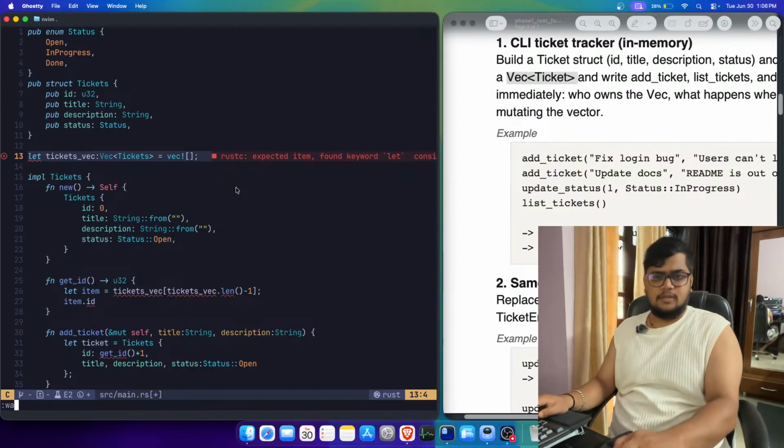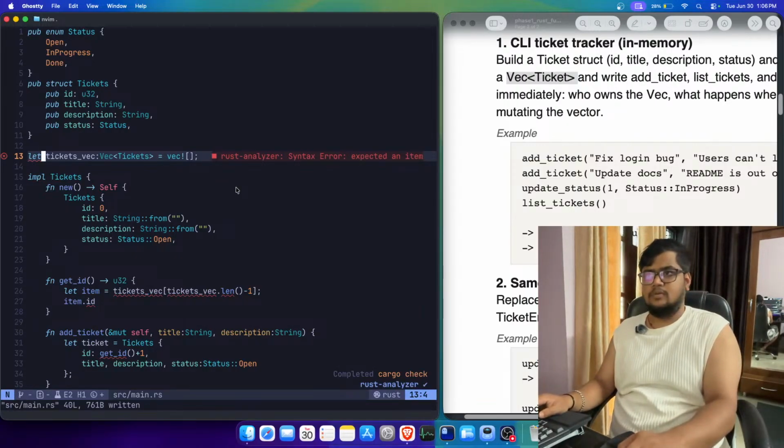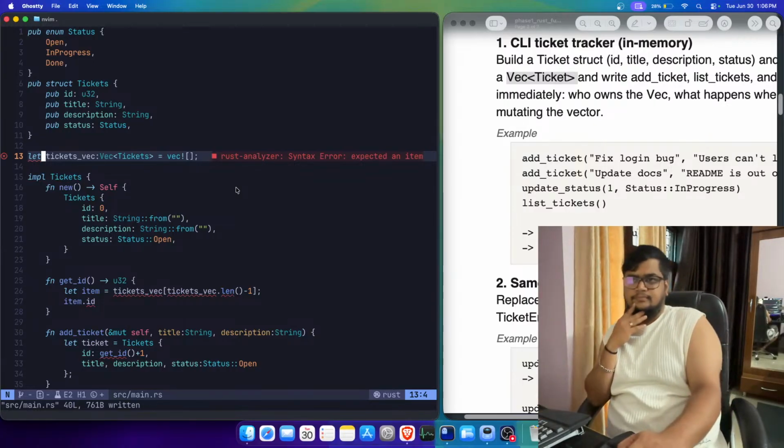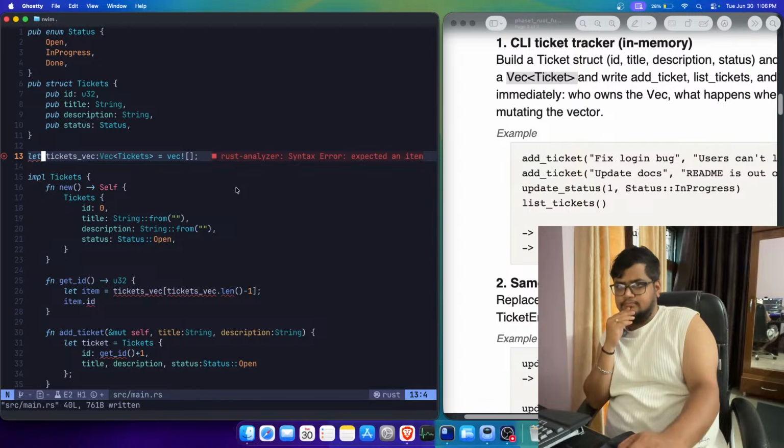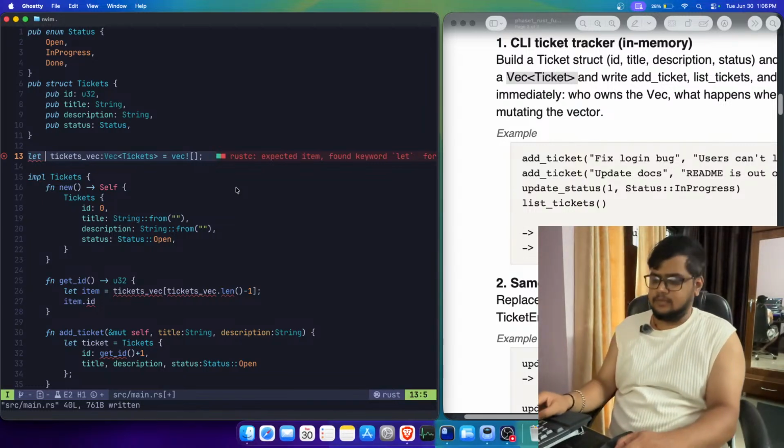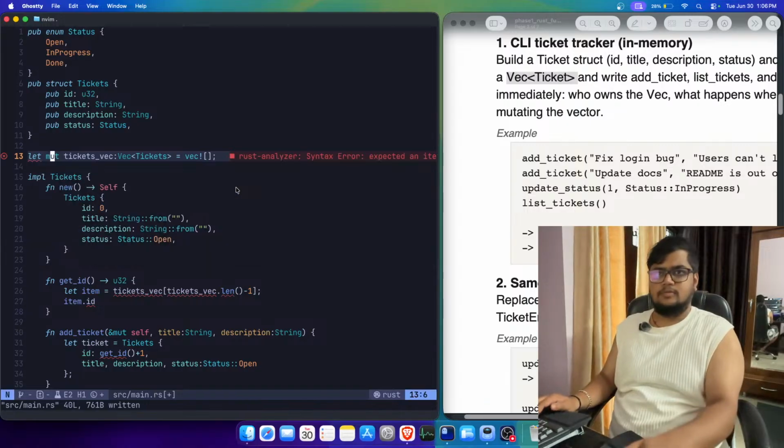I think this is the correct way to do. Expected an item. Defining it immutable. So if I just